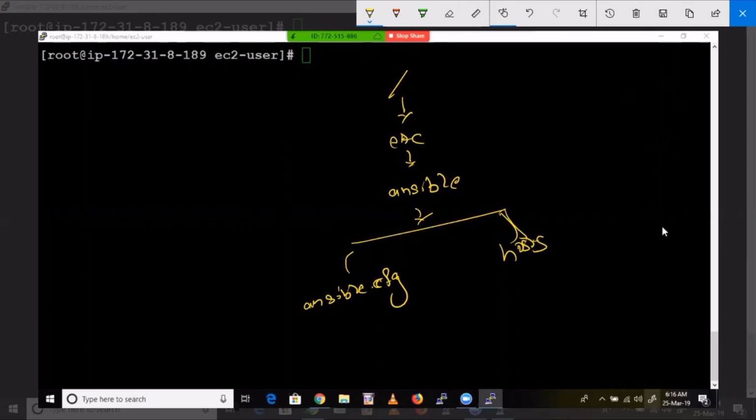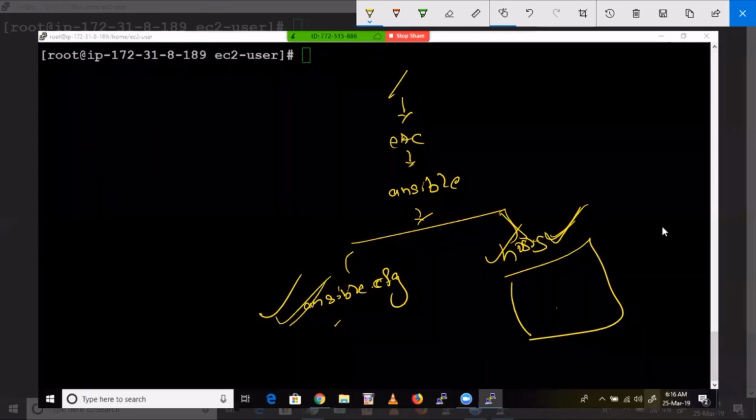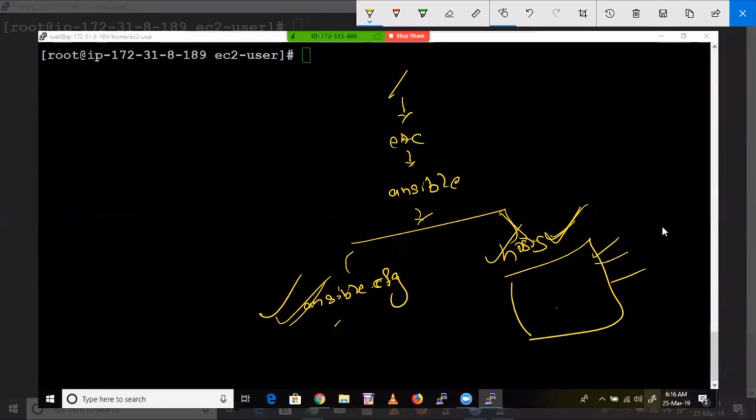So host. See here, this is the main configuration file. In this main configuration file, we have unlocked this host. Now this host file comes into effect. Whatever you put inside this host file, the Ansible main configuration file will start reading. In this host file, we are going to mention the list of hosts. Okay, that's what we are going to see.